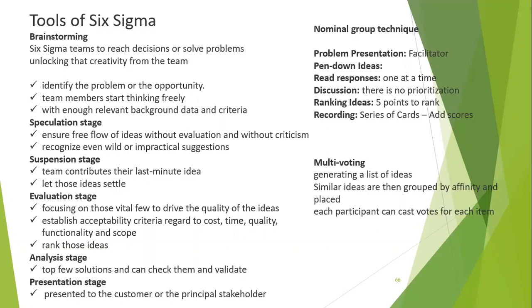Okay, I have 5 members. I'll give the voting to them, saying that you have to vote on all these ideas. Like that, I have 5 ideas. You go ahead and vote. So I have 5 votes with me. In those 5 ideas, which is my primary idea? I'll go and put my first vote on that. Like that I'll vote on everything. For example, in the 5 ideas, I'm voting only for 3 ideas. Like that, 5 members will go and vote. We'll count which idea has more votes, and we will take that as a priority. Okay, these are some of the techniques used in brainstorming. The idea which has more votes will be taken as the priority.